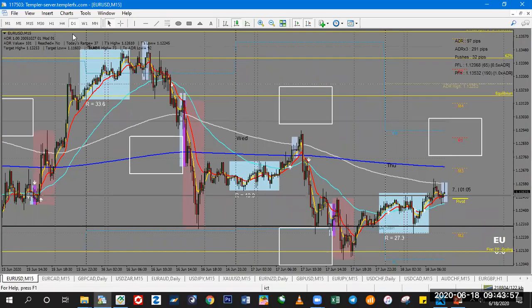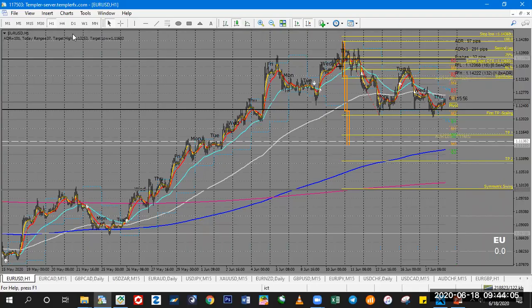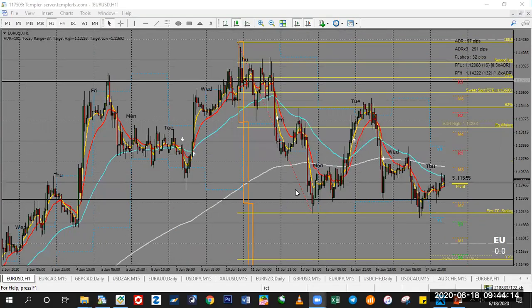So for example, here we have USD. You can clearly see here we had a peak formation high. We had level one of drop, level two of drop, and see each level corresponded with the ADR, with the ADR boxes, and